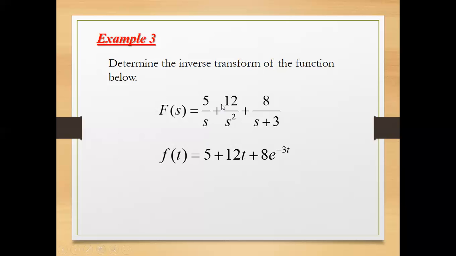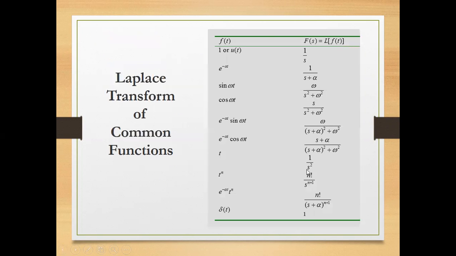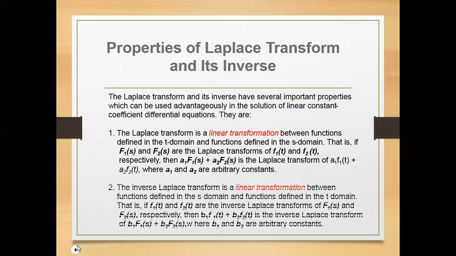Now, if you go to the table again, you will see that the only transform that will have an s squared is the t function. Okay, for you to recall it, I would like to go back to the table. This one. This is the only Laplace transform here which has the s squared. So meaning if it's a t, then its denominator for the function of s is s squared. So if it is having another constant, then this t is just multiplied by that constant. So let's see that particular example.